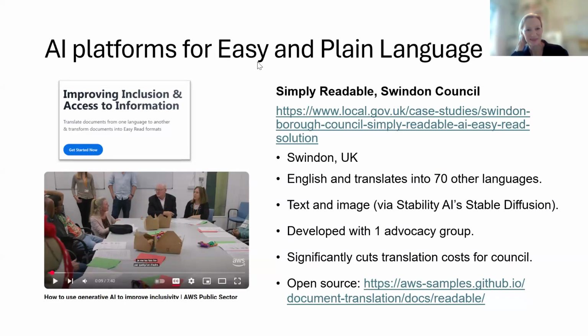I've not tried this. I don't know what it's like, but I would love to. It was developed initially with an advocacy group. I don't know how that's developed later. And it's been really important in cutting translation costs for councils. So it's a really positive thing for councils to have. This one, as I understand, is something that you would have to develop